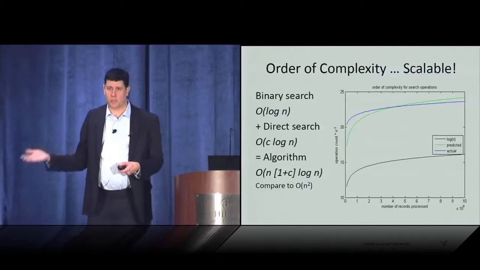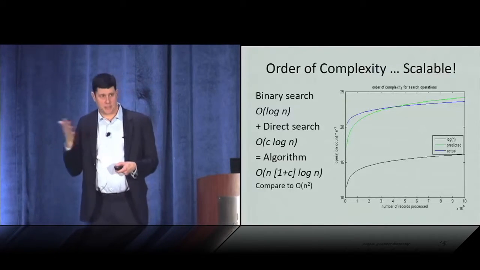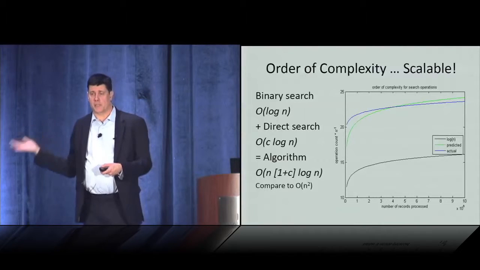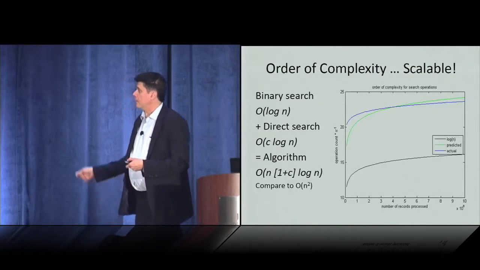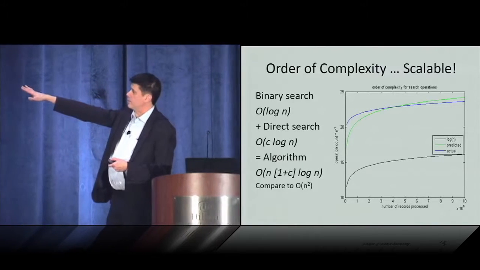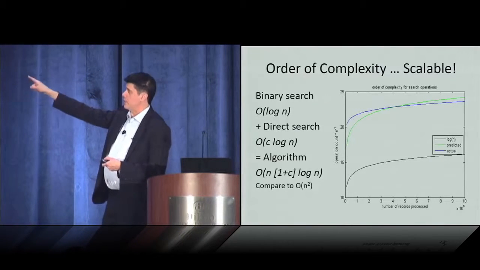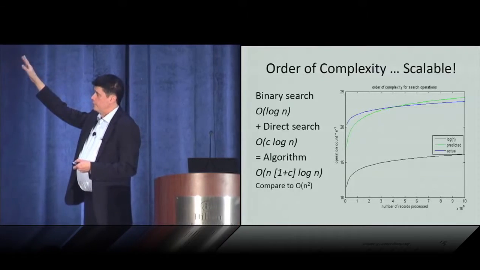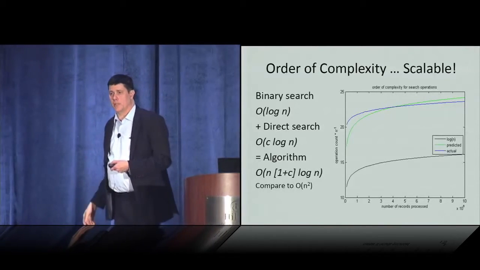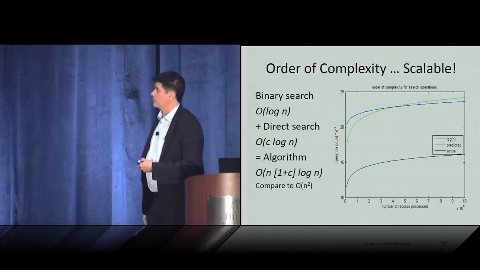That means you can run multiple processes at the same time. You can predict how big they're going to get, et cetera. The problem's not going to blow up on you. And at the bottom, that's just so everybody knows what a logarithmic curve is. At the top, we have the actual result intersecting a bit with what we predicted, and we got pretty close.